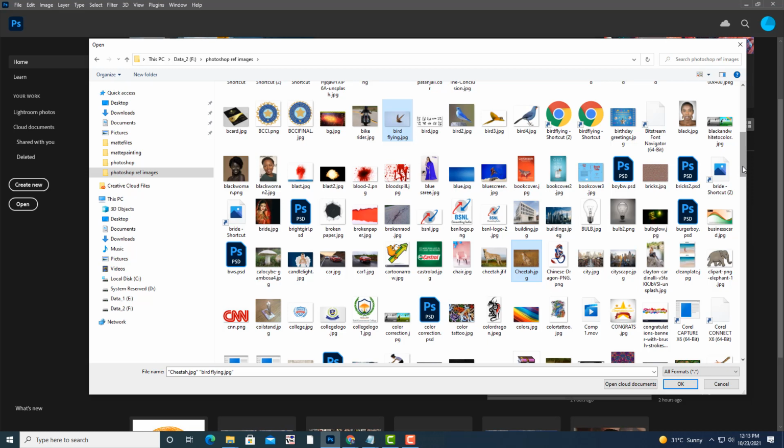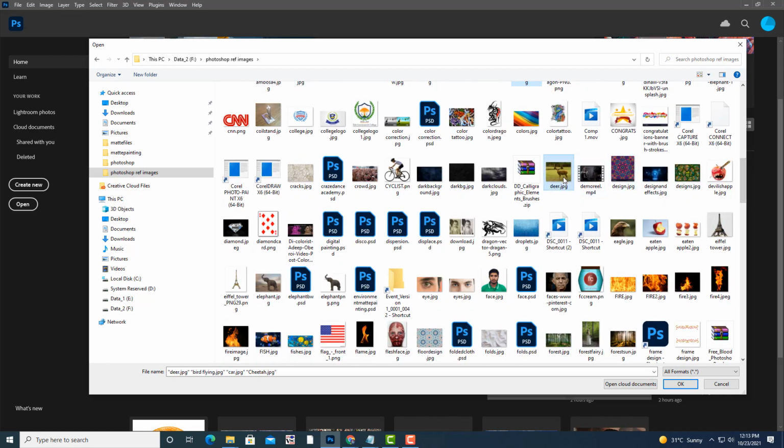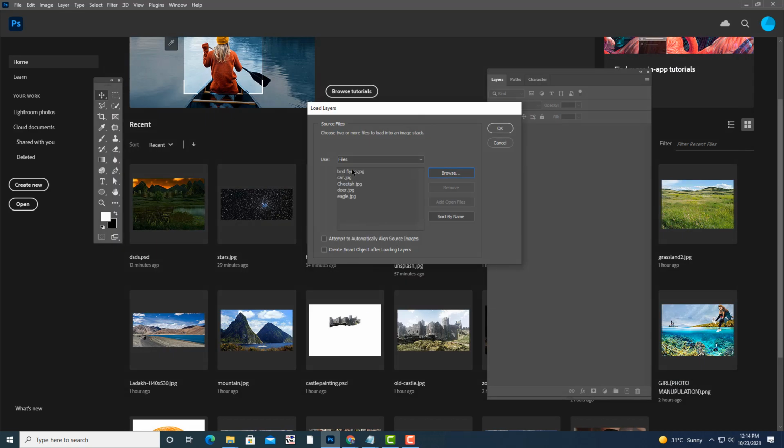Okay, just I have selected 2 images. And one more thing I want to tell you, see, if you are selecting specific images, not all the images but specific images, you have to hold control. See, control and select like this. So I am holding control and selecting, like this one, this one and this one, and then simply click OK. See, I have selected these 5 images, and then I will just simply click OK.